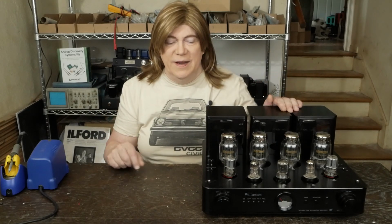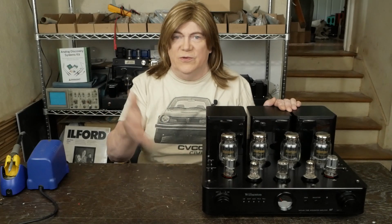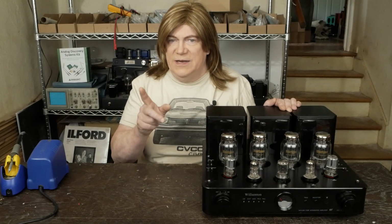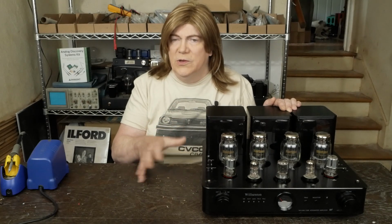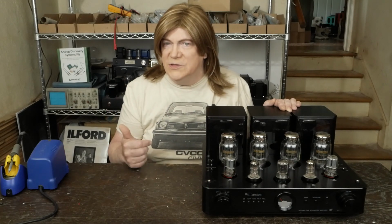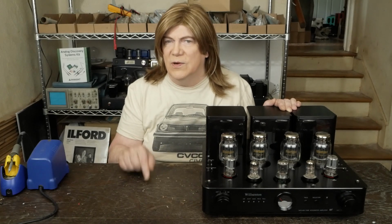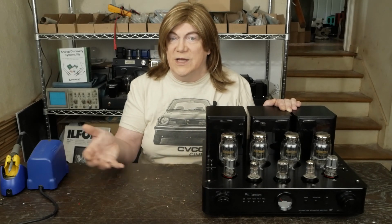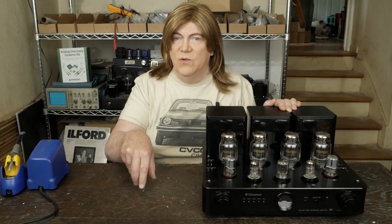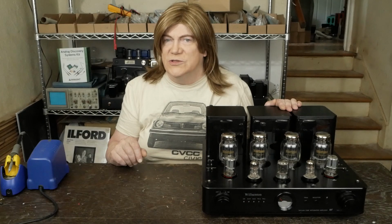So yeah, another set of tubes from them that I really like the sound of, and I hope y'all are enjoying this series on reviewing these tubes. I've still got a set of 12AX7s that I need to figure out how I'm going to listen to. May put them in the front end of this amp. Might try them in my phono stage, and I also could put them in the front end of my EL34 amp, which is more likely what I'm going to try doing. The phono stage will bring out any noise that they might have, because I've been using those 7025 really low noise 12AX7 type tubes. And so hopefully I'll get those videos done this week